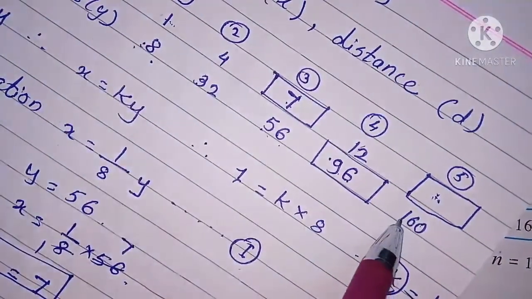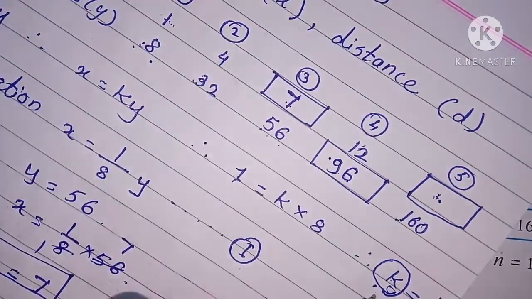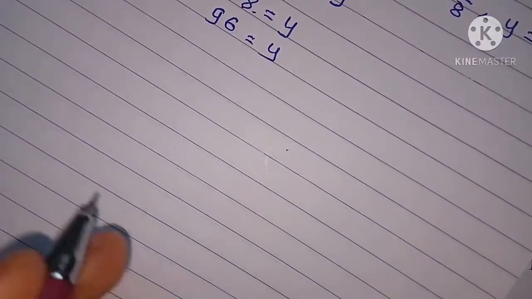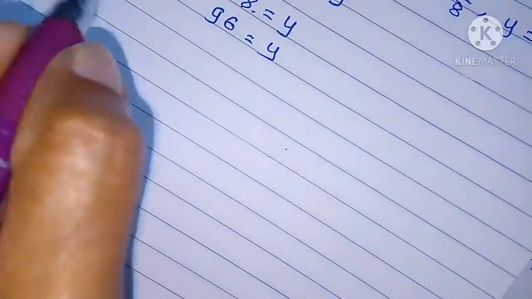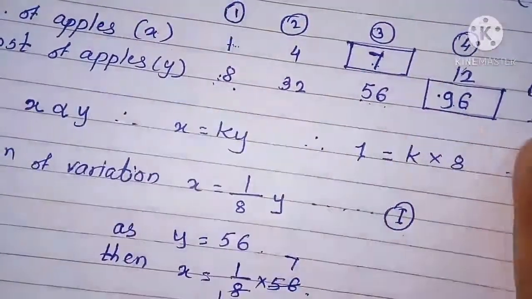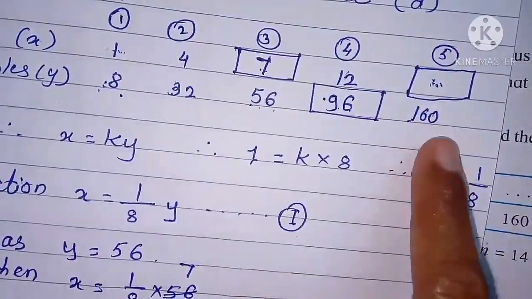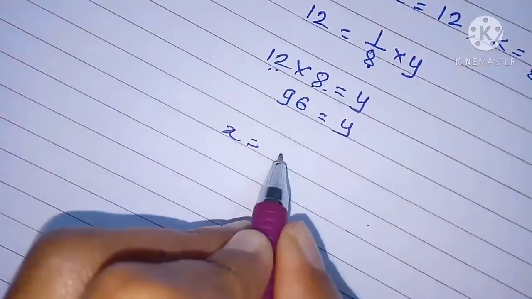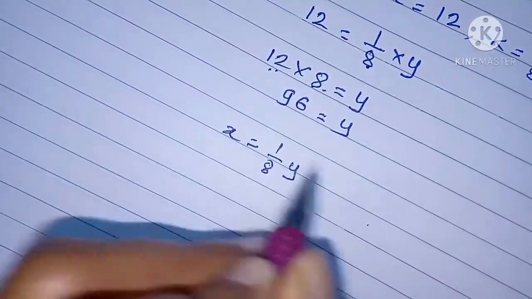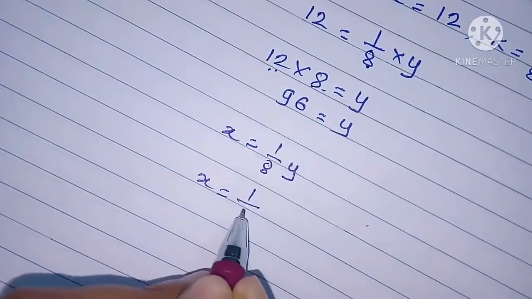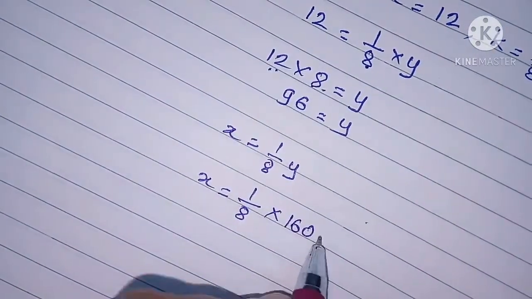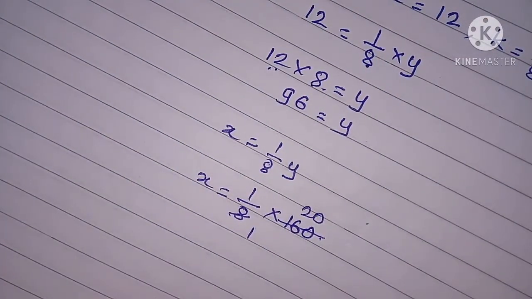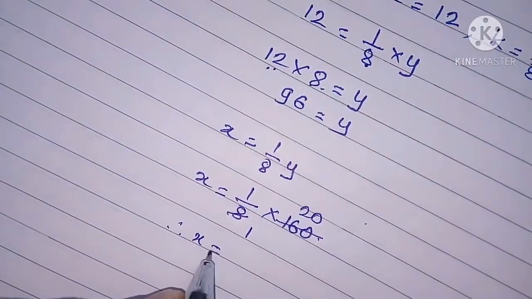Now how many 8s are 160? Like this, orally also you have to find out. If you want to get marks, then do the process, no problem. If you want to understand more, then in the formula write down the value of y only. Y's value is here 160, as x is equal to 1 upon 8y. Finding the value of x, x is equal to 1 upon 8 into 160. So 8 ones are 8 and 8 20s are 160. Therefore x is equal to 20.